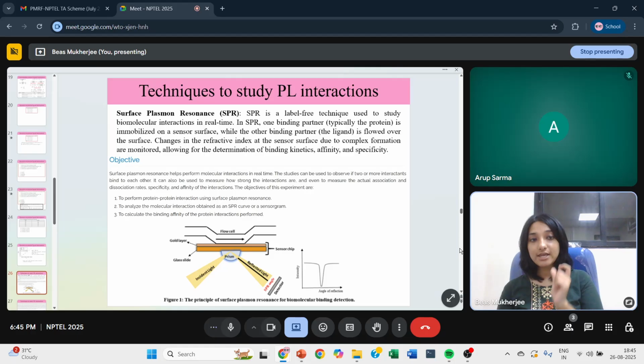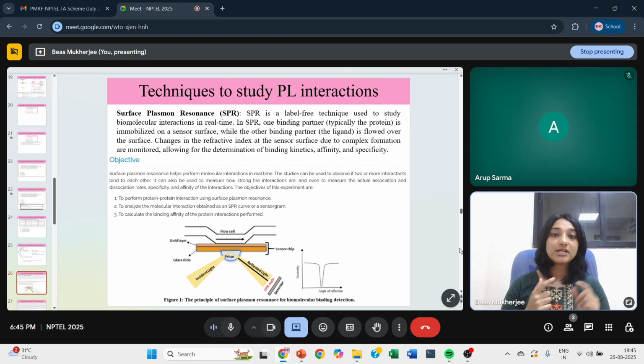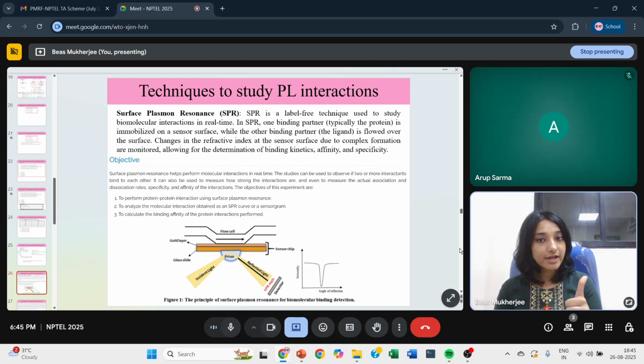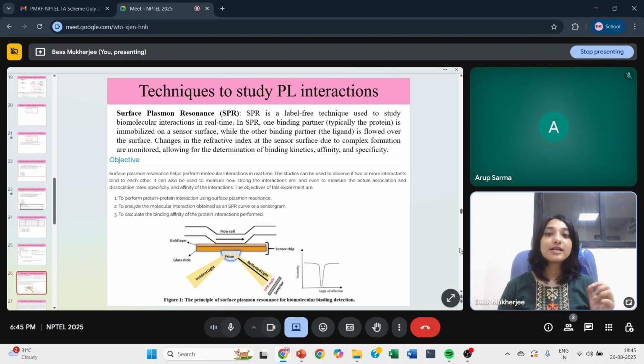So K on and K off, that also you can find. Specificity, affinity, etc. Okay, so the objectives of this experiment are firstly to perform protein-protein interaction using SPR, to analyze the molecular interaction obtained as an SPR curve or a sensogram. So all the data that you are getting because of this interaction, you are getting in the form of